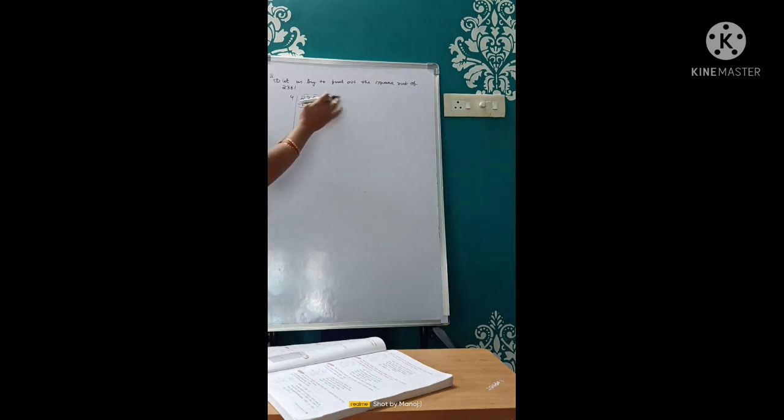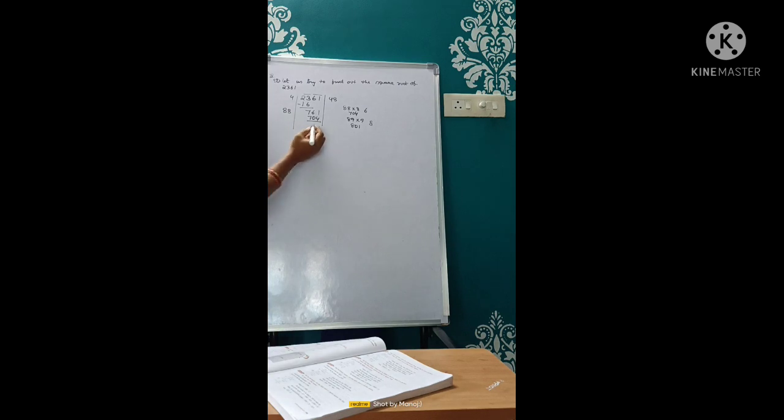Bring down the next pair and double the 4, which is 8. Okay. So now we have to check 80 into 8. 8 8s are 64, 6. Again 8 8s are 64 plus 6, 70, so 704. Check out 9 also. 9 8s are 72 plus 8, 80. So this is bigger. So use 8 only.